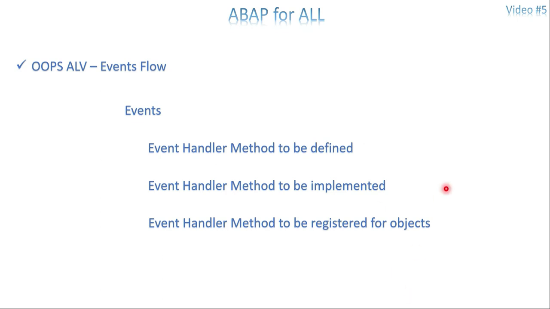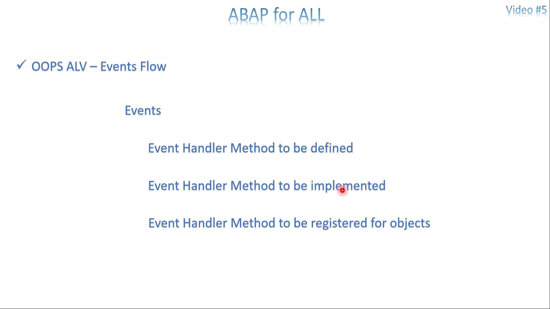So if the event has any particular parameter, we have to define it in the event handler definition. And then we have to implement the event handler method. Implementation is nothing but the code. You have to write the code under the event handler method. What needs to be done if double click happens, if the hotspot is clicked, if the F4 button is clicked, and then